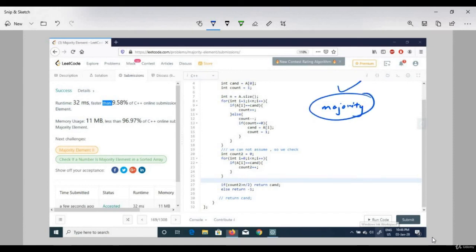So you will always be able to find a candidate element whose count is greater than n by 2. So in every input, this return statement will be executed. We will never reach the else part, because in the question it is given that the majority element always exists.